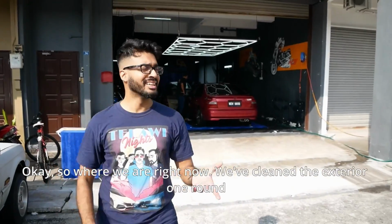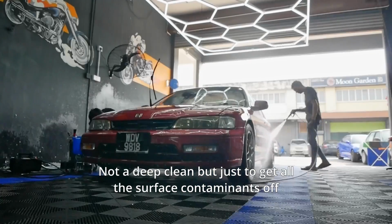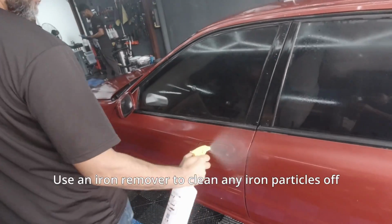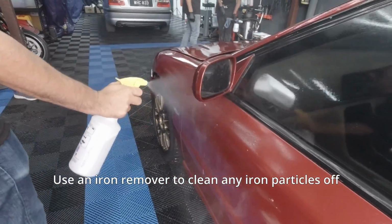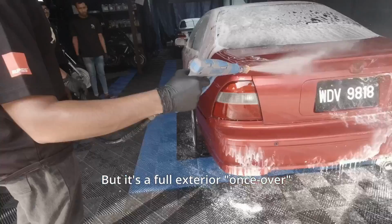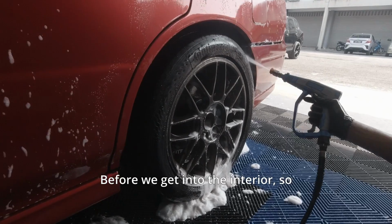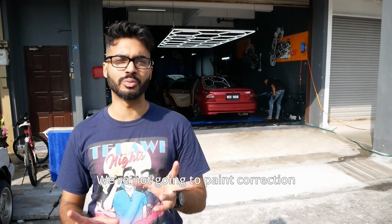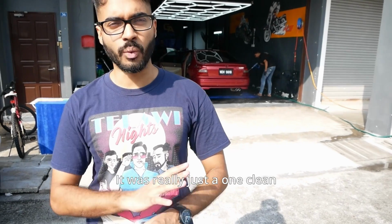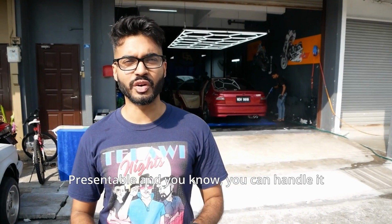Okay, so where we are right now. We've cleaned the exterior one round. Not a deep clean, but just to get all the surface contaminants off. Clean the dust off. Use an iron remover to clean any iron particles off. These things come from brake dust, from just driving. But it's a full exterior once over before we get into the interior. So we're not going to do paint correction, claying or polishing or any of that just yet. It was really just one clean so that we've got the exterior presentable